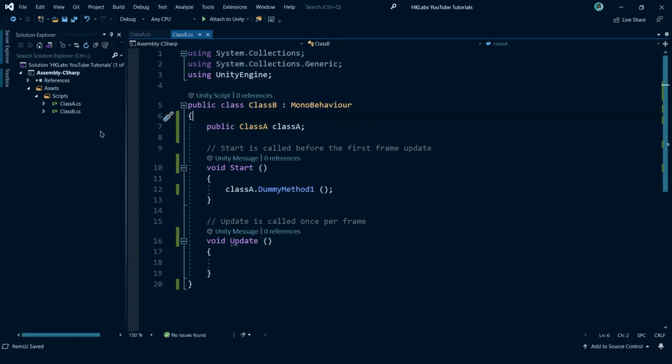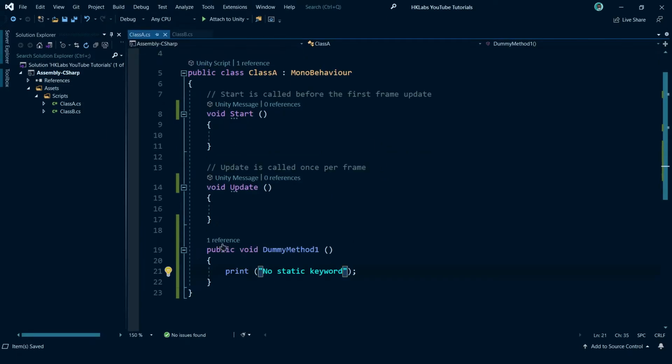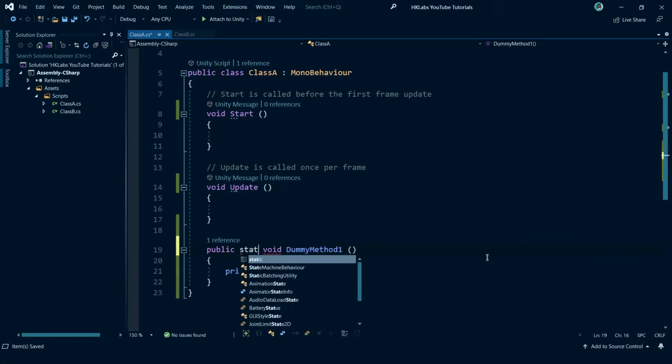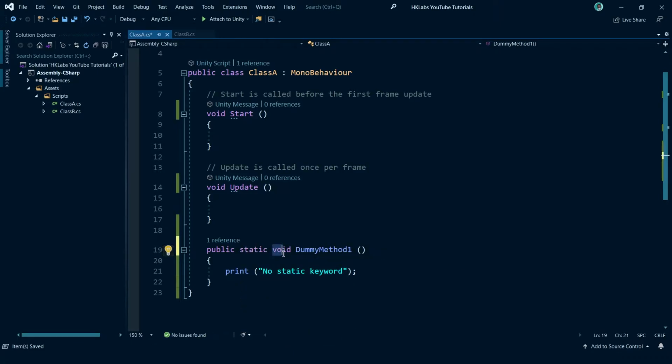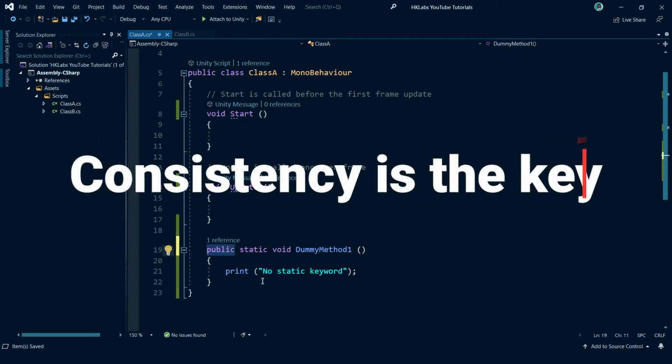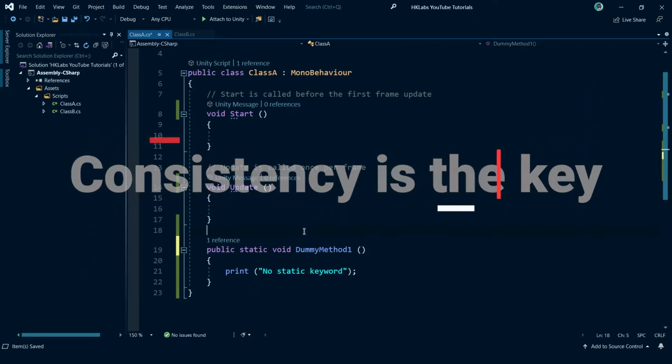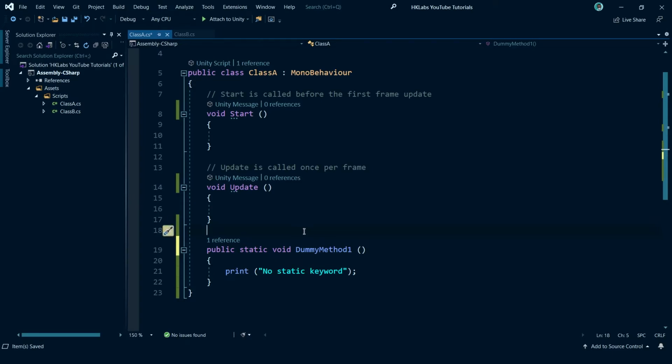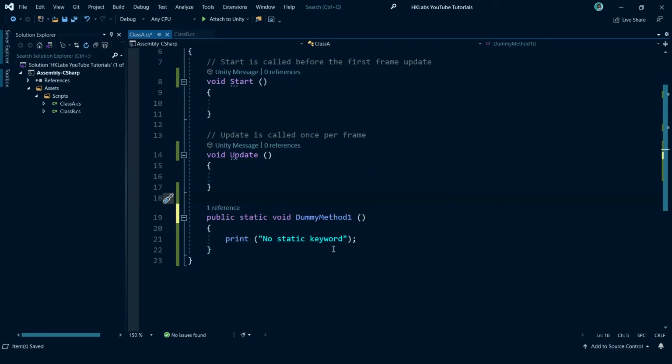How does that work, you ask? The only thing that you need to do is type in static before the void, that's before the return type of the method, and after the access modifier. I have also seen cases where you type static before the access modifier. Either way is fine, but whatever way you choose, just stick to it. Don't keep changing. Now that I've done this, public static void dummy method 1,